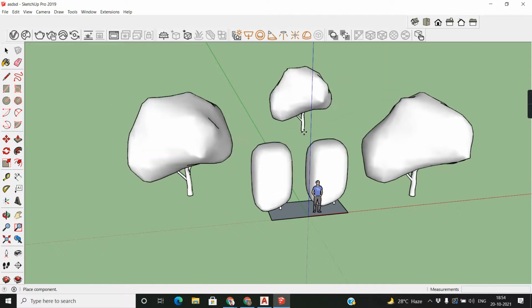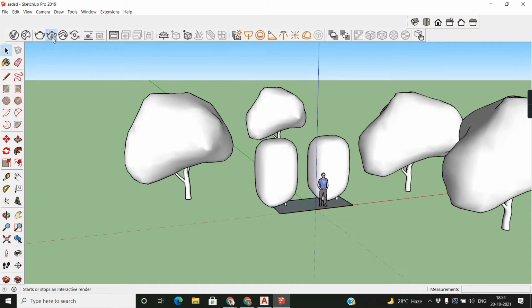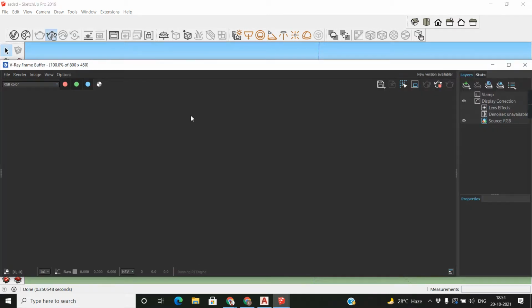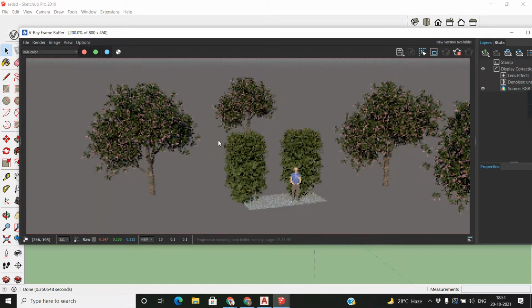See, right now it looks cartoonish, but if I click interactive render, look at that, look at that.